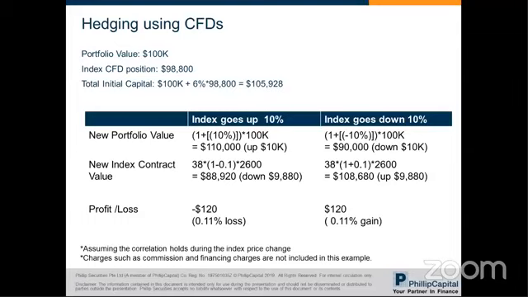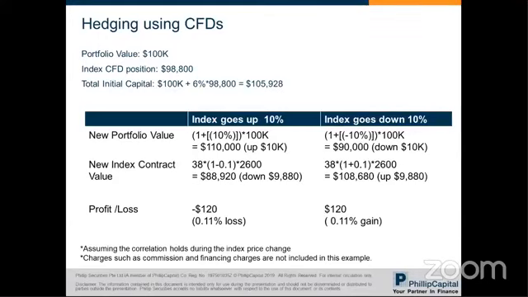So the key thing is that you try to maintain the value of the portfolio in this case. Likewise, if it turns out true to what you anticipated, because when you do this hedging, you're anticipating that the portfolio value may go down because the index goes down. So the new portfolio value will be down by 10%. But because you take a corresponding CFD contract position, a short position, you gain by 10%, close to 10%,